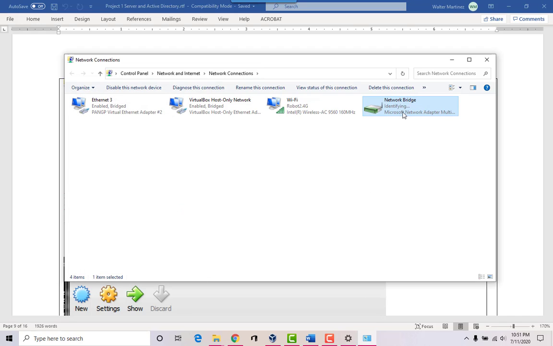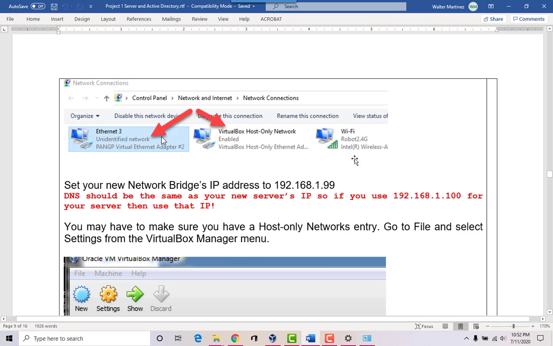So now I have a bridge, so that means I should have communication between the VirtualBox computers and my Ethernet card. If I connect them to a switch, for example, or a router, then I should be able to establish some communication with other computers, and those computers can access my virtual machines as well.